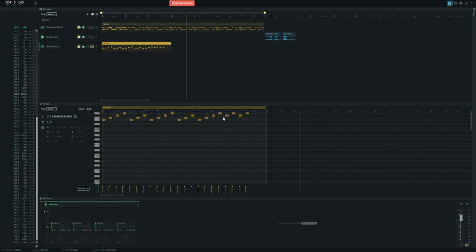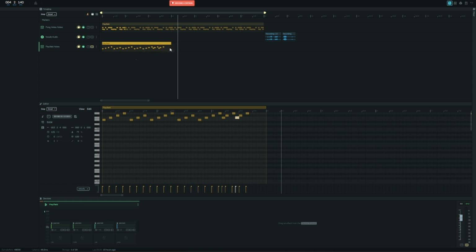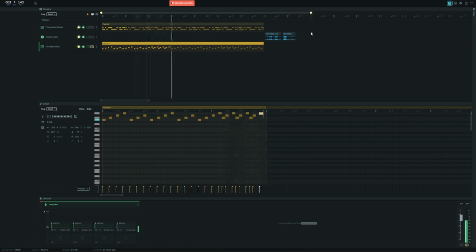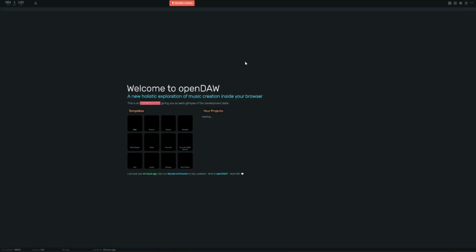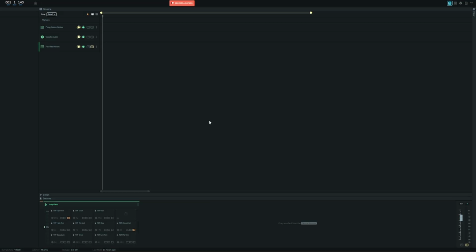I mean like how to use OpenDAW to make music, period. I don't think I'd be good enough after like a month to teach people how to make music, just to teach people how to use OpenDAW. But yeah, that's the second main goal: after about a month of doing this, I hope I'd be good enough with OpenDAW to be able to make a tutorial.